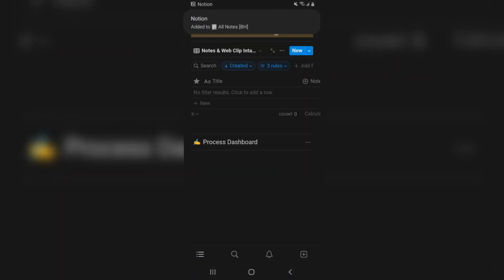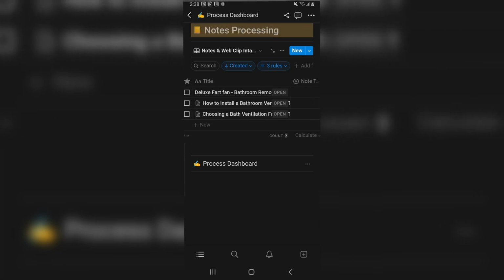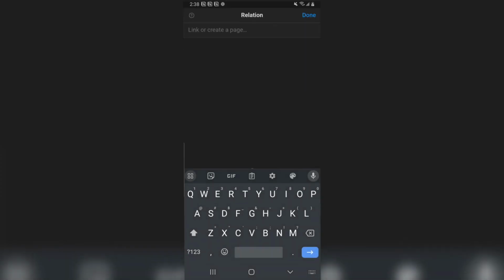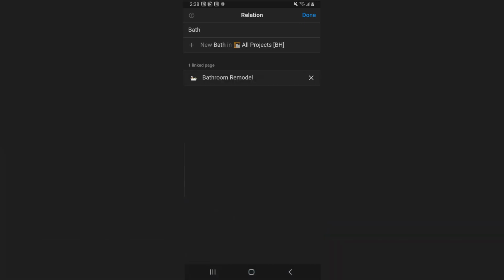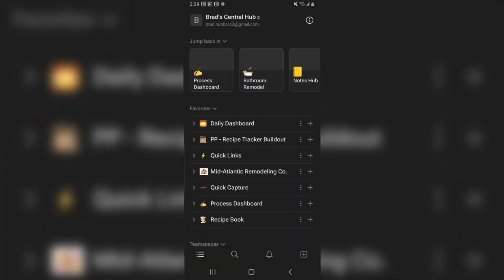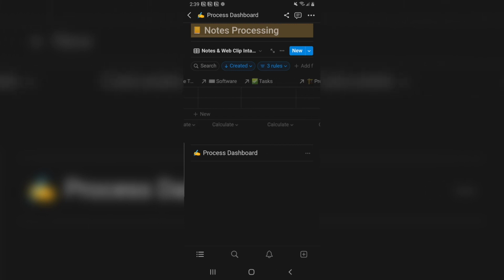And when I come over to Notion, you'll see that they all pop up. And I can do whatever I want with these. I can either attach it to a project, which I'm going to in this situation, bathroom remodel. And you can see that it's linked to that page. And the benefit of this is, it goes away. Now, when you want to go see that, just go to the bathroom remodel project and you